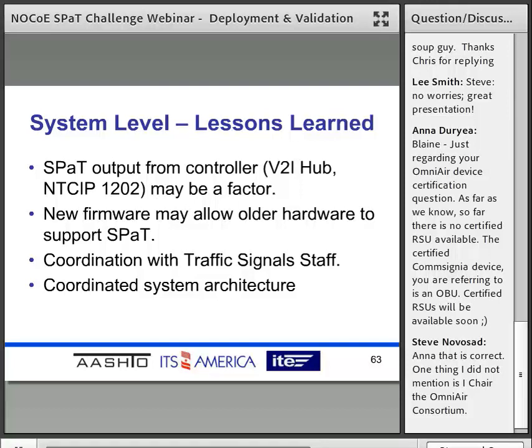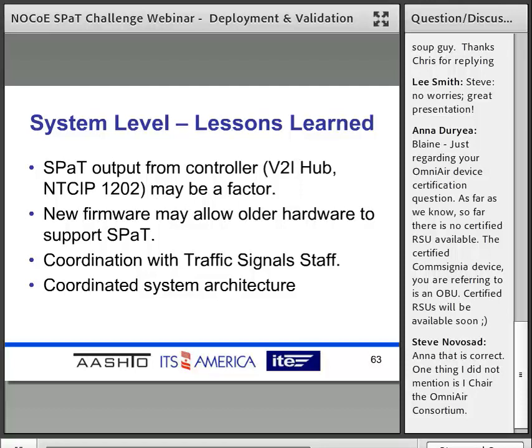As Jay mentioned, and I think there was another webinar about this too, there's really no super standards. There's two standards, but they're implemented in different RSUs, and different signal control manufacturers may have a different output from the controller to the RSU, and that may be a factor in how things work. So it's a good place to start. Just talk to your vendors, understand what's going on. Most things are settling down now. It's a little less complicated than it was a few years ago, but it's still something to watch out for,